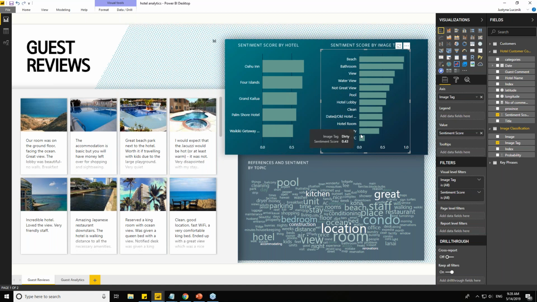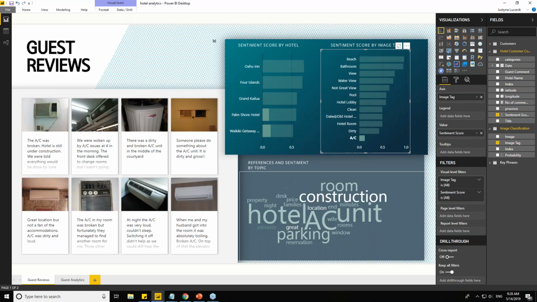And if we scroll all the way down to the list, we can see what they are not so happy about when they're posting a picture. And the thing that is the lowest thing on our list is AC. So when people are on their Hawaii vacation, they're posting a picture of an AC, for whatever reason, they're not having a great time. And here we can see some pictures of broken, dirty, loud ACs that people are complaining about. They couldn't sleep, it was dirty and gross,